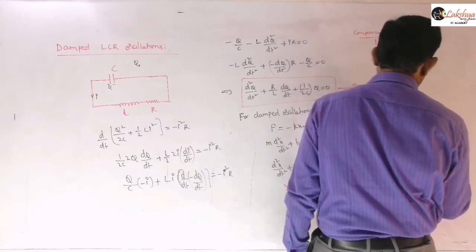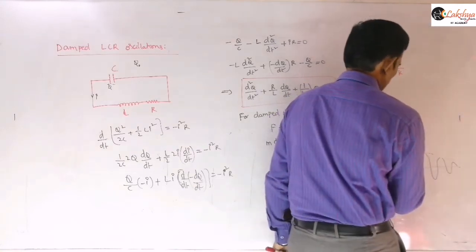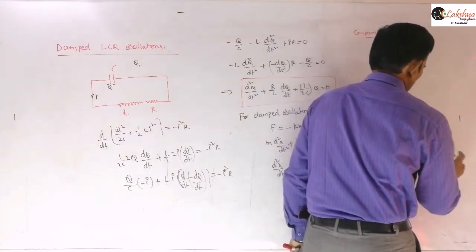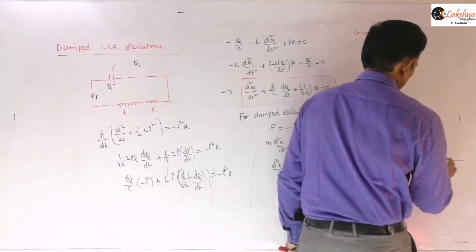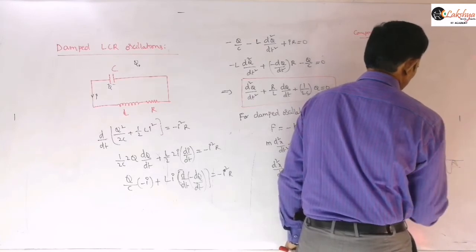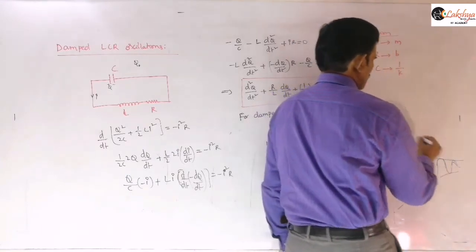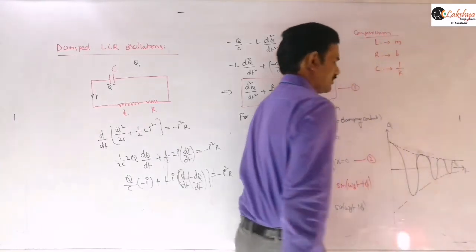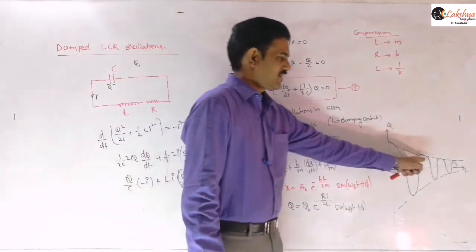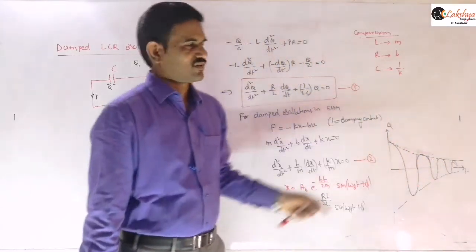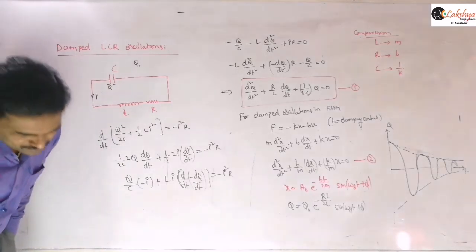The charge on this capacitor will go on decreasing exponentially here. This is an exponential curve we need to draw here. So it goes on decreasing exponentially like this. So this is charge versus time. It means that it goes on decreasing exponentially. This q naught into e power minus rt by 2l is nothing but this graph here, right? So it is just a comparison. So we need to remember such a comparison there.